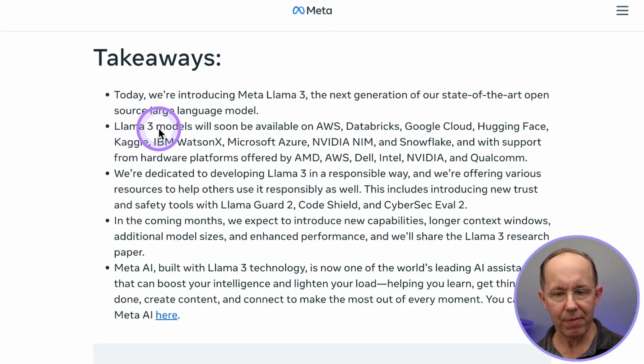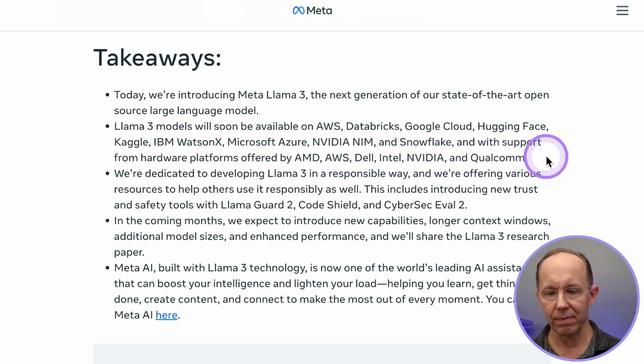Meta says Llama 3 models will soon be available on AWS, Databricks, Google Cloud, Hugging Face, Kaggle, IBM Watson X, Microsoft Azure, NVIDIA NIM, and Snowflake, and with support from hardware platforms offered by AMD, AWS, Dell, Intel, NVIDIA, and Qualcomm.